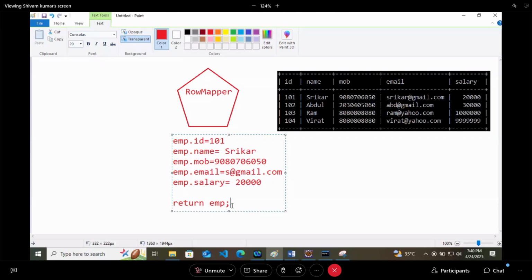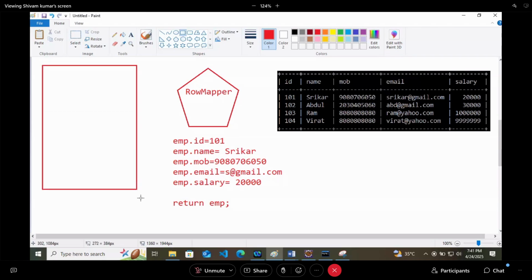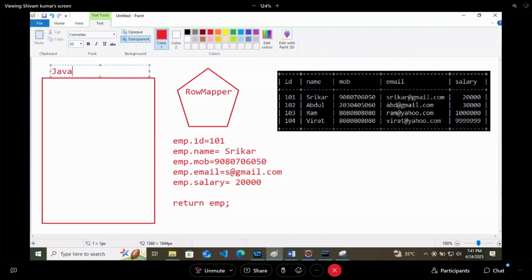Now this emp is our Java object. So in our Java application here, we will be having a lot of classes, but there is a condition. The condition is this Java application must have a class, because have you ever seen an object without its class? The answer is no. As RowMapper is returning you one object, you should have a class here.